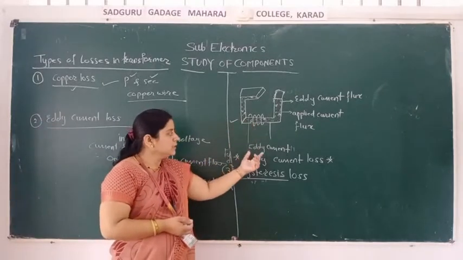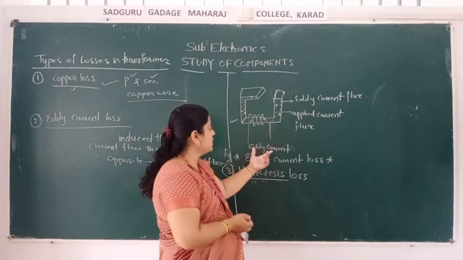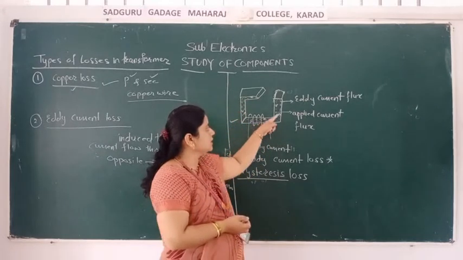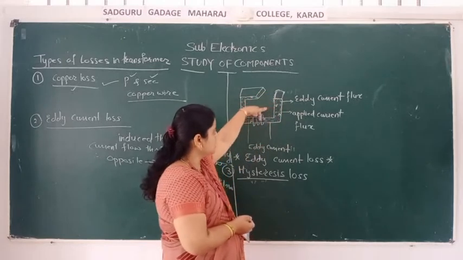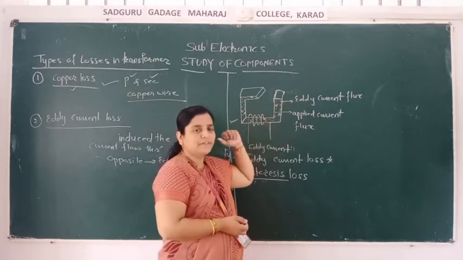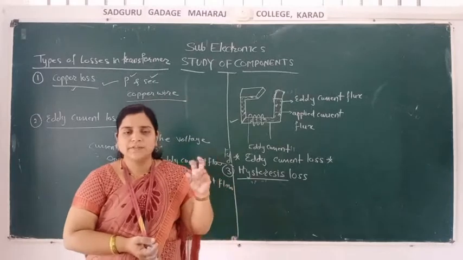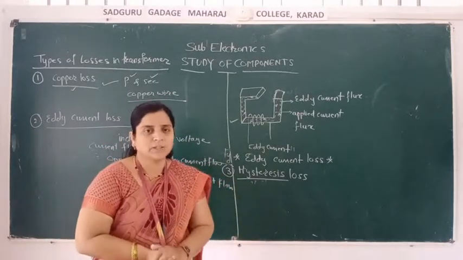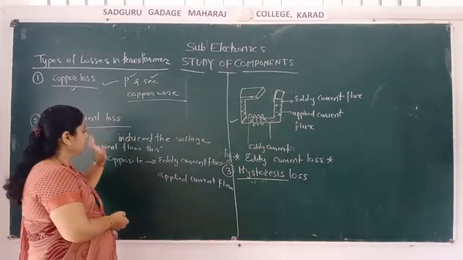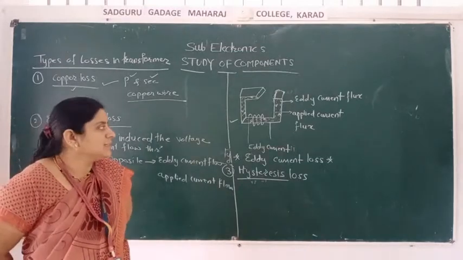Okay. This is the coil. Across this we can measure the eddy current. One dotted line is in this direction and one dotted line is in the downward direction. Both have the opposite direction. So one is what? Eddy current flux, and second is what? Applied current flux. Both are in opposite directions. Therefore there is a loss of current, and that current is called the eddy current. So this eddy current is due to induced voltage. All of you understand this? This is a very simple concept.